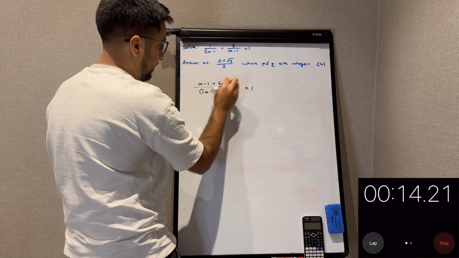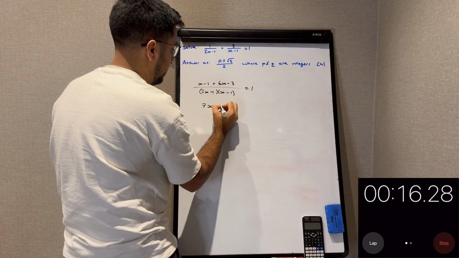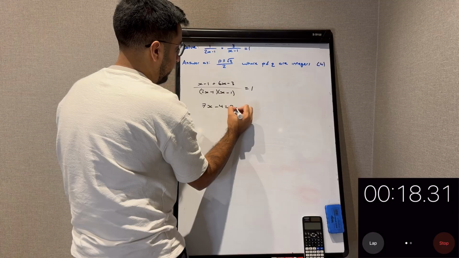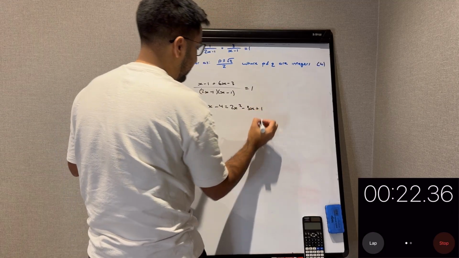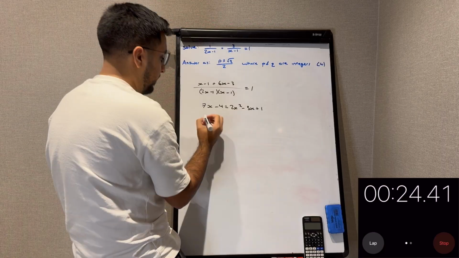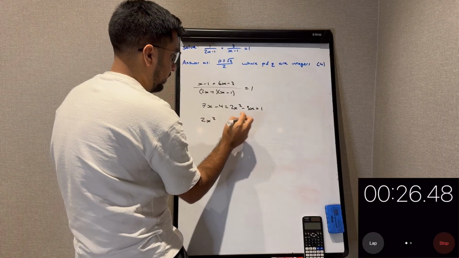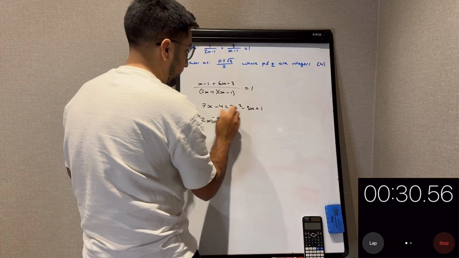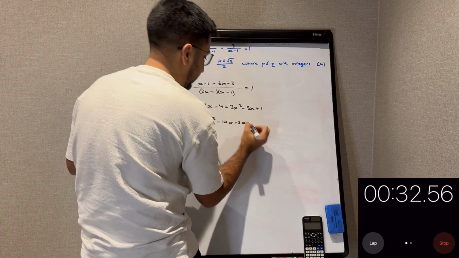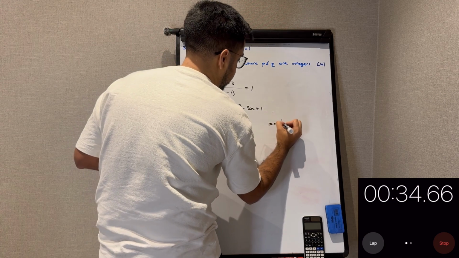Multiply across and simplify the left hand side, gives us 7x minus 4 equals 2x squared minus 3x plus 1. Like I said, we have a quadratic, so we're going to make it equal to 0. So we've got 2x squared minus 10x plus 5 equals 0, using the quadratic formula, which is minus b plus